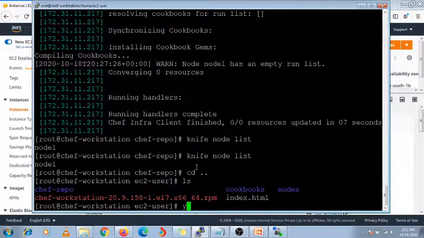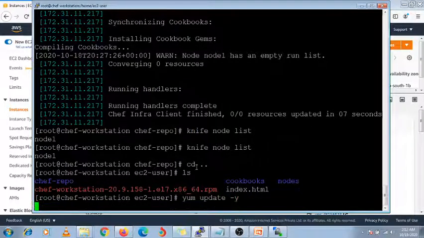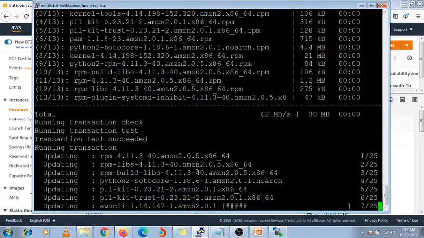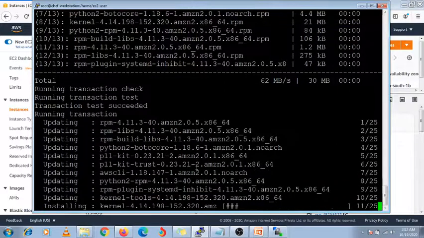On the workstation also you can run this command, yum update -y. Whatever updates are available here also it will install.